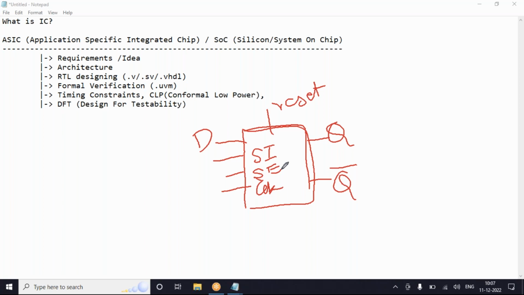When this flip-flop is going to be functionally working, or when this flip-flop is going to be used for testing, that is decided based on the SC pin, the scan enable pin. Okay, it's based on the scan enable pin. Now, the DFT people, as I said, are going to be developing scan chains. They will have connections from Q to SI.